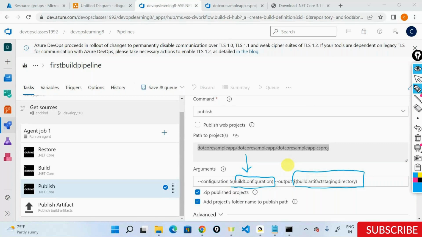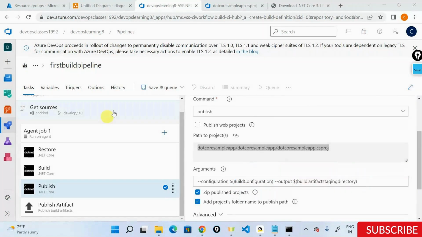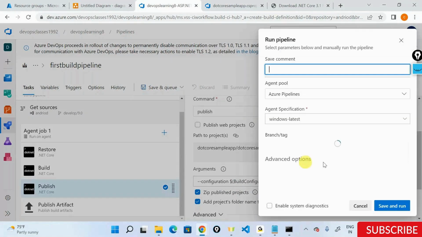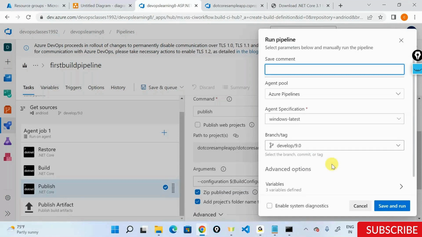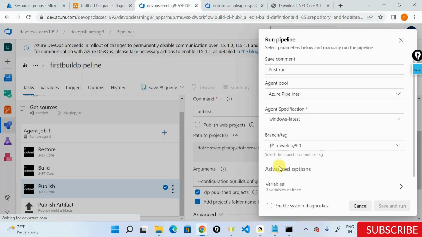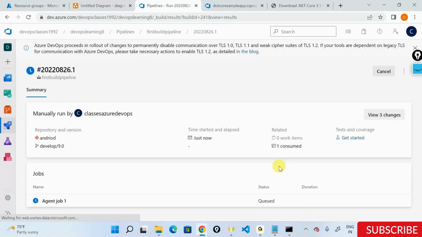But let's do one thing. Let's select this and let's say save and queue. So all I did is created a pipeline, told that it is ASP.NET, selected the agent, and I'll now say first run and I'll say save and run. So now it's telling manually run for someone called classes Azure DevOps. And now